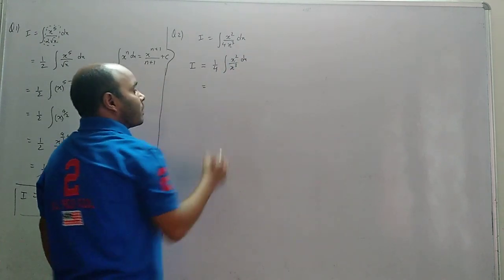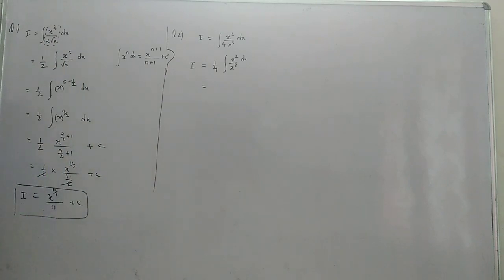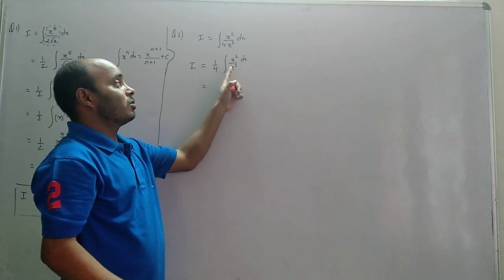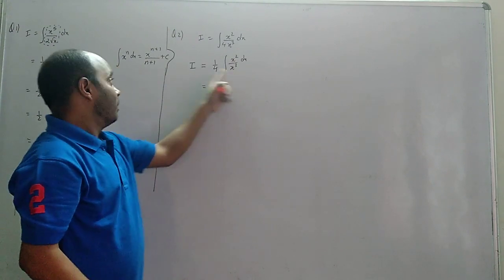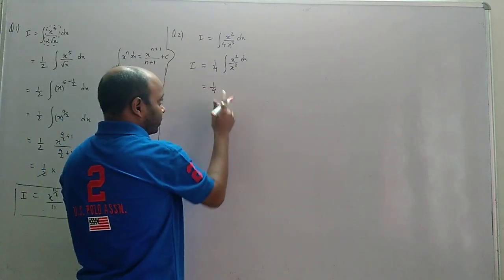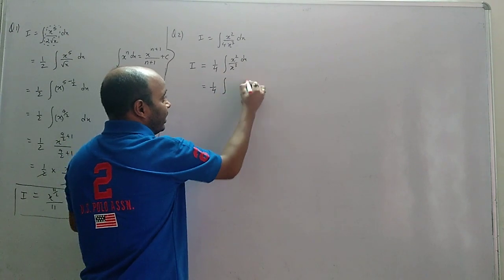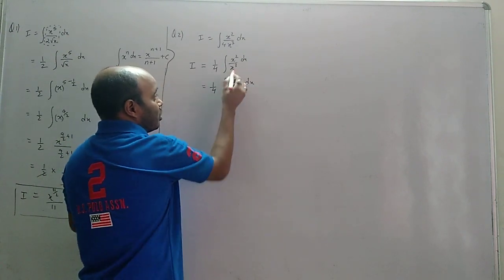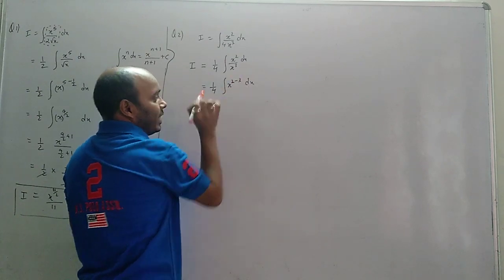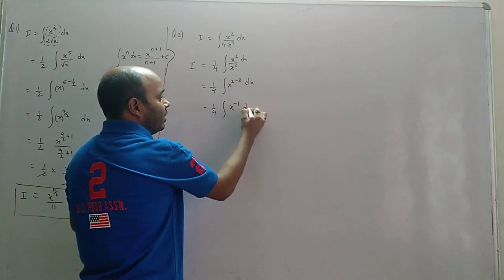Okay, now we need to check whether the inside part is in the formula or not. Again, the inside part has x in the numerator and x in the denominator, but the formula has a single x. So we have to simplify the term. Since we are simplifying the inside part, integration will remain integration, dx will remain dx. This 3 power will go up, it becomes 2 minus 3, like this. So what do you have? x to the power minus 1 dx.